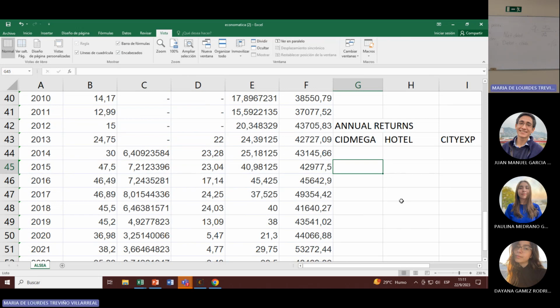What was the return for the share of Mega Resort in 2015? What was the annual return for that investment? It would be the 2015 price minus the 2014 price,